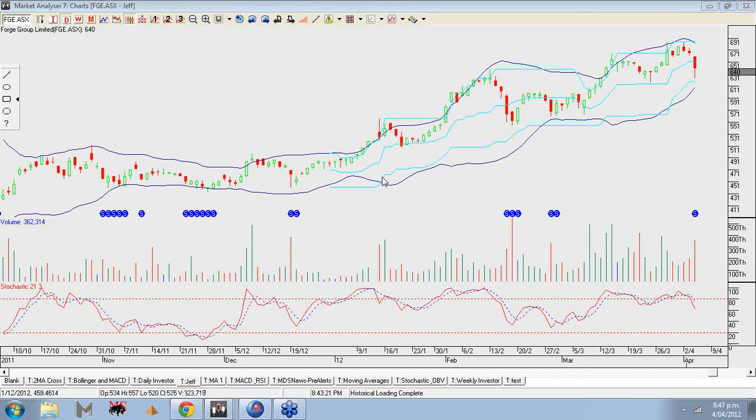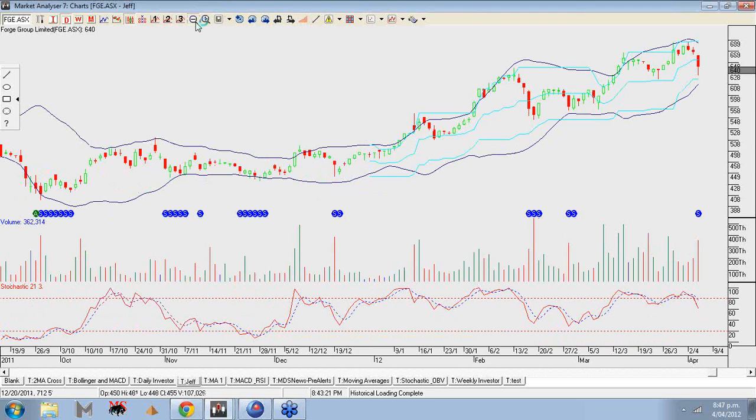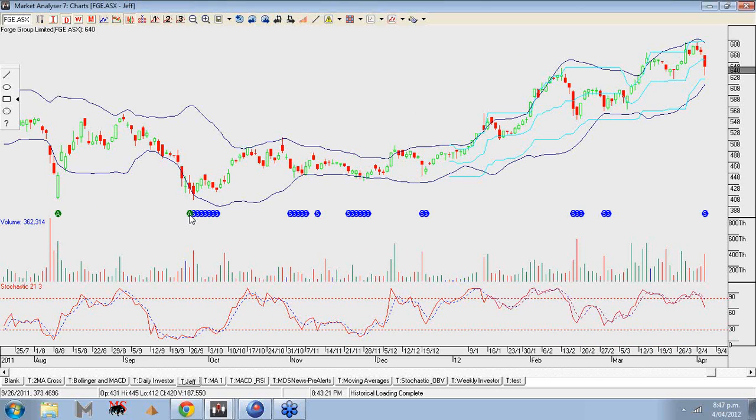Now, it doesn't look like we've got a signal on that one. Oh yeah, we've got a signal back through here, accumulation back in the early sort of September last year. There's indication of that. And the accumulation is looking for a drop in the share price and then an increase in volume as the buyers step back into the market, which is what we saw here. Forge has been rising most of the year, so it hasn't had a reasonable pullback during that time to trigger the accumulation indicator. The distribution